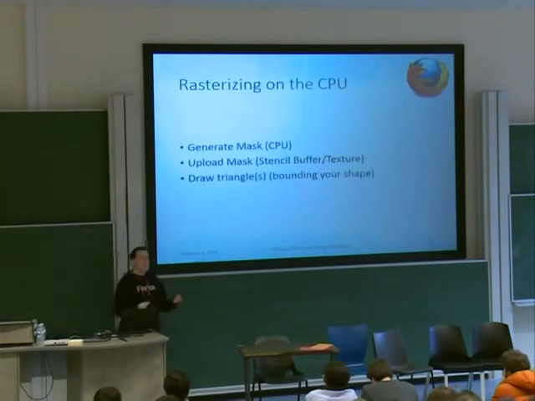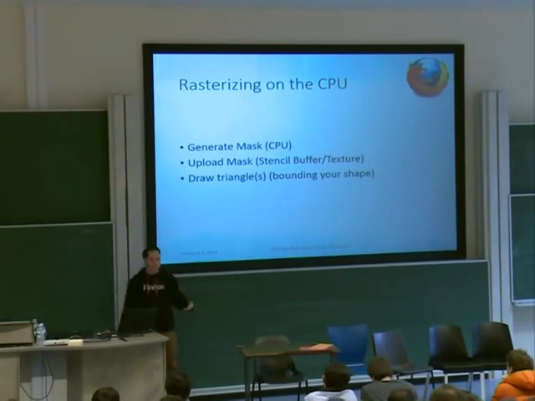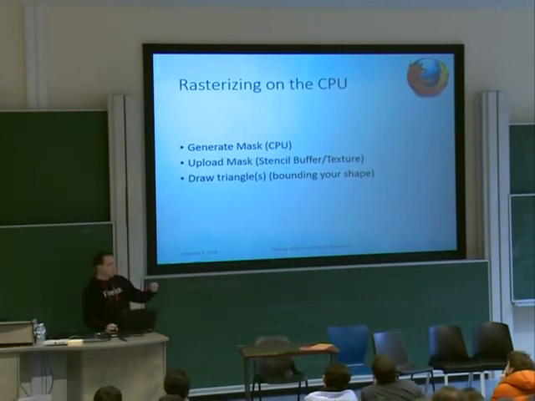This is pretty simple, right? You basically draw your shape in white into your stencil buffer, right? So your stencil buffer now has 1s for the pixels which fall within your complex shape and 0s for the pixels that don't. Then you upload that mask to your stencil buffer if you haven't been able to render into it directly. And then you draw a triangle that wraps your entire stencil buffer, and you let the GPU do the test on the stencil buffer,